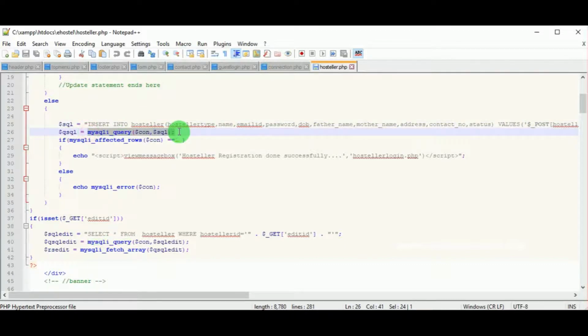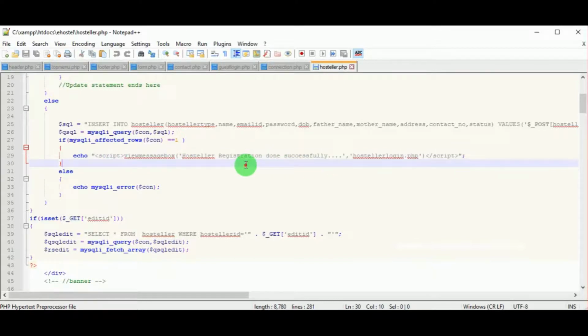Then if the query is correct, then it is connected to the database, and the database will check for the table name and the fields. If it finds the same table name and fields present in the query, then the query is fetched, and if the row is unique, then the hostler registration is done successfully and the control is redirected to hostlerlogin.php.